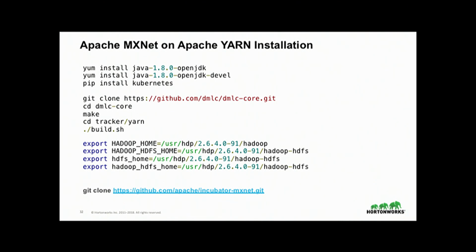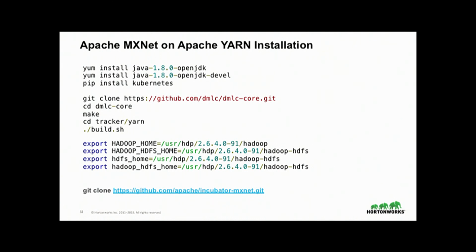The next one is my one where how do you do it in Apache Hadoop? So you need the JDK because this is a Java interface that calls your Python script. So you've got to make sure you have a Hadoop server. It's a relatively new one. You set up all the build stuff. You're going to need C++. You're going to need some build tools. The reason why it has Kubernetes in there is because this tool will also build MXNet to run on Kubernetes. I don't have Kubernetes, and Kubernetes is not Apache, so I'm not talking about it today.